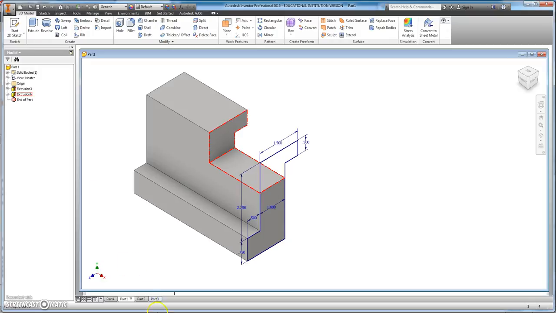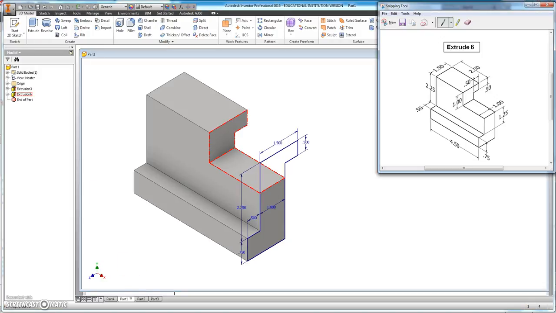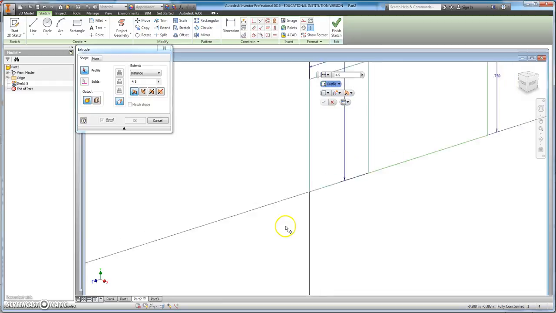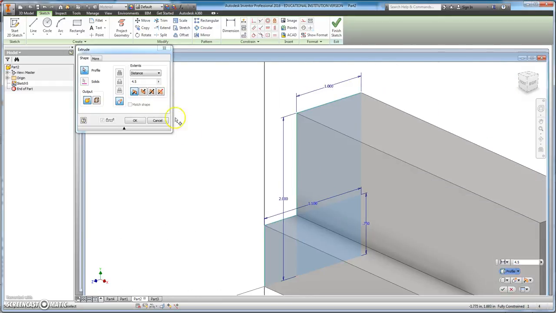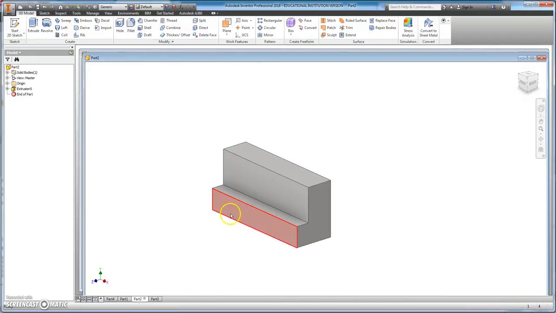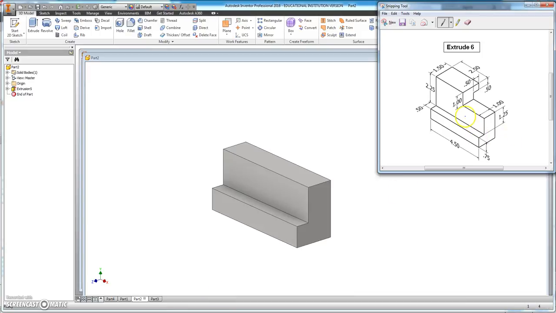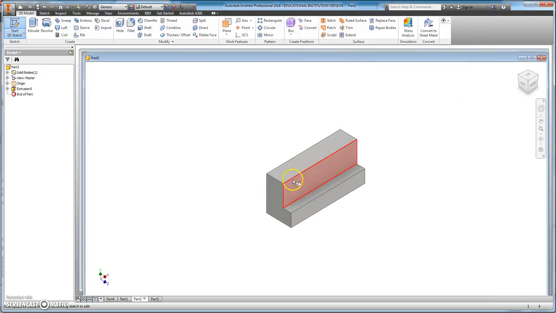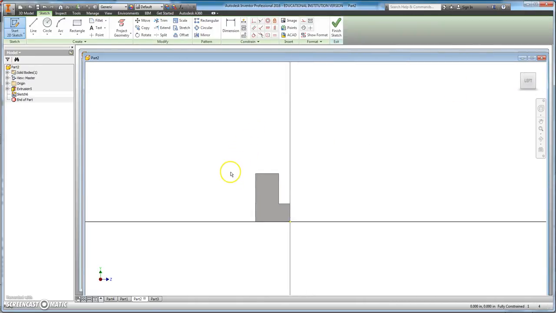I will say, for this part, that's the bare minimum. I'm going to have at least 2 extrusions to complete this part. But there are still multiple ways of going about completing this part with simply 2 extrusions. If I start with this sketch, extrude at 4.5, that represents this bottom section of the part. And then what I can do is actually create a sketch off the back where I would have